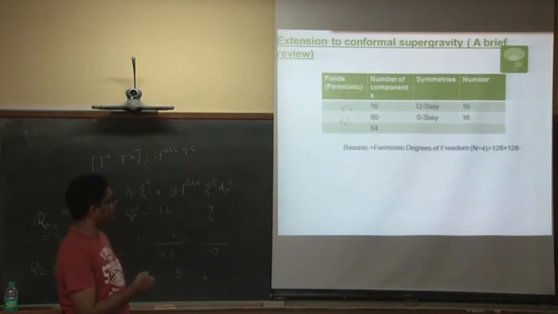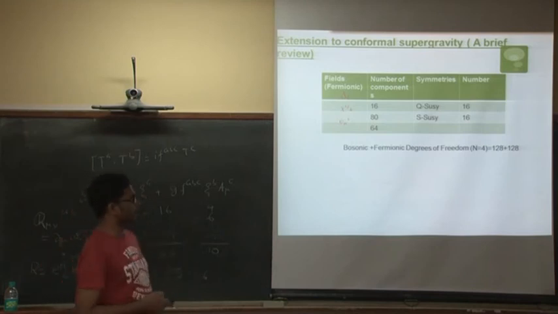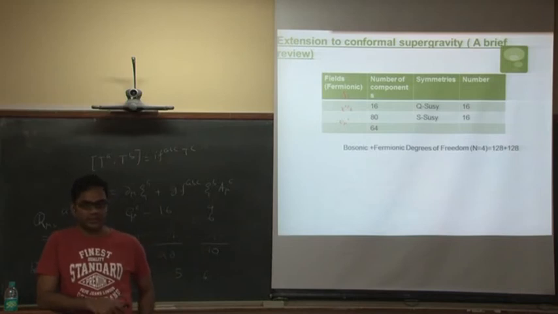And similarly, for the fermionic fields also, do the counting. Lambda is chiral, and L runs from 1 to 4, so it's 16. And this is 80. It is antisymmetric between I and J, and traceless between the other indices, that's 80. And this is 64. And the symmetries, if you count, you will get 128. So the number of bosonic and fermionic degrees of freedom for the Weyl multiplet in N equal to 4 is